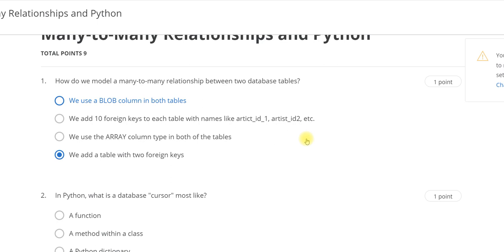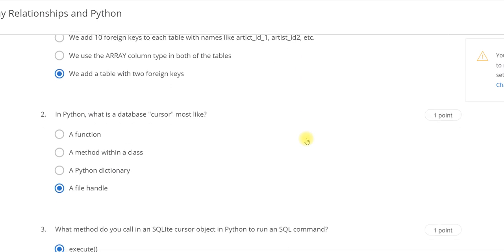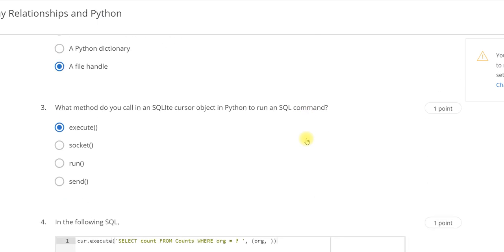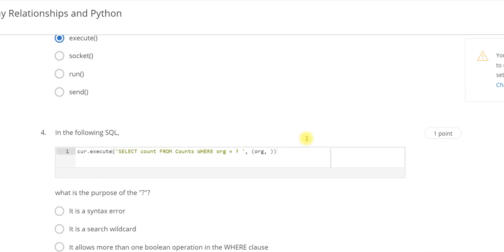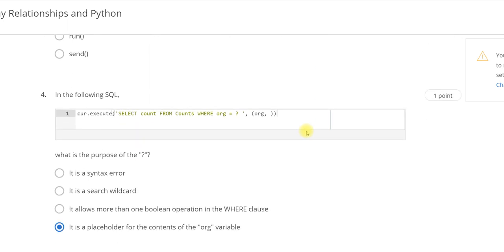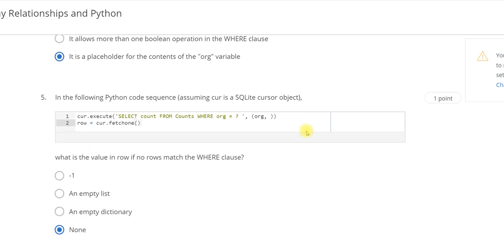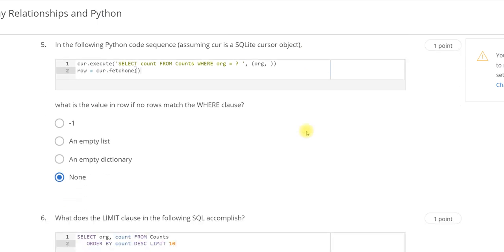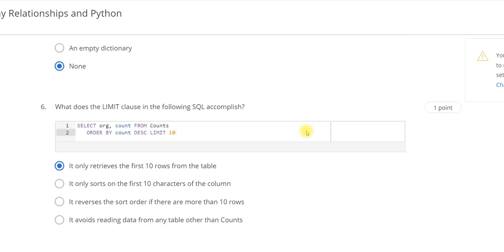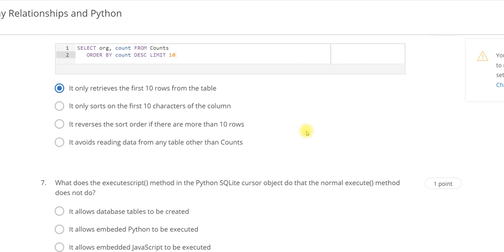For one, we add a table with two foreign keys. Into a file handler in third, execute. Sorry. For fourth, it takes a placeholder for the content of the organization variable. Fifth is not. For sixth, it only retrieves the first 10 rows from the table.